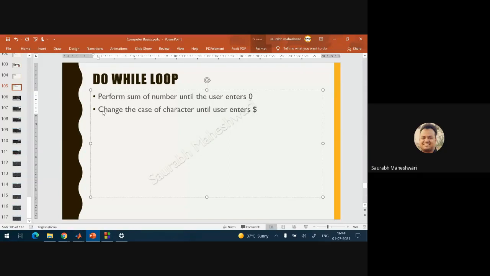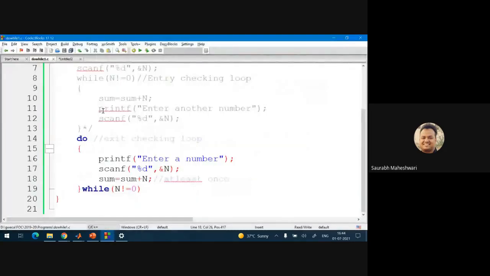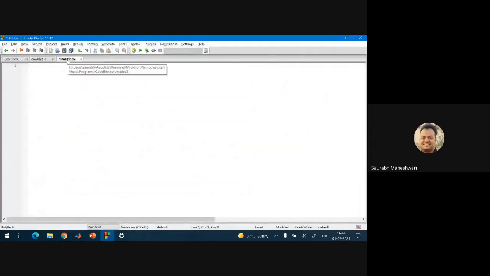Means the user will be entering some characters and you will be changing their case. Now what do you mean by changing the case? Means if the value is in uppercase, you will make the case lower, and if the value is in lowercase, you will make it upper.